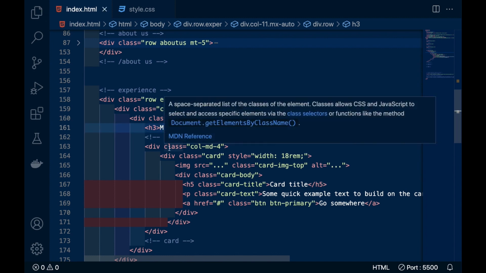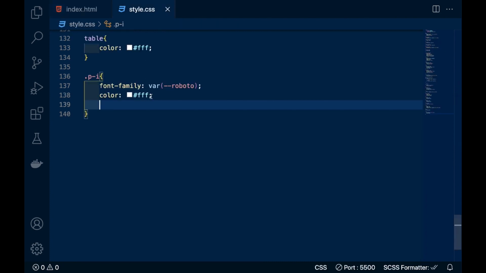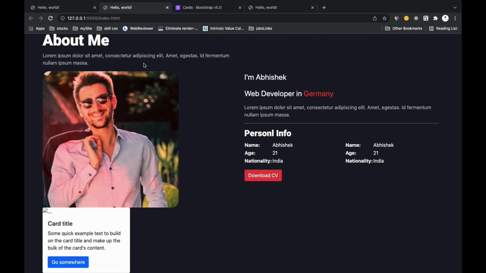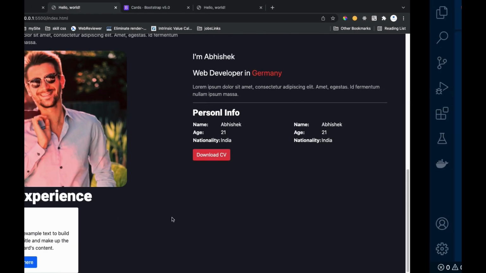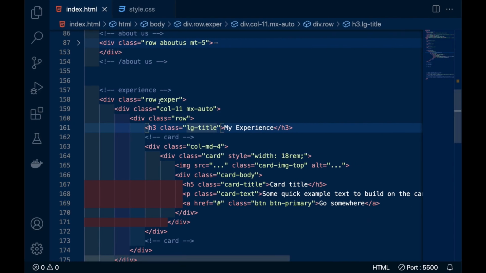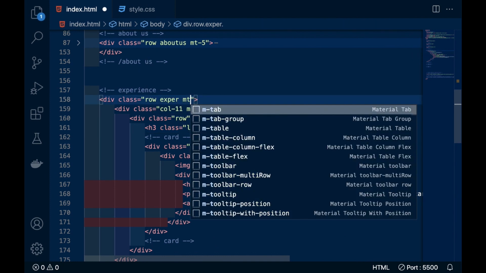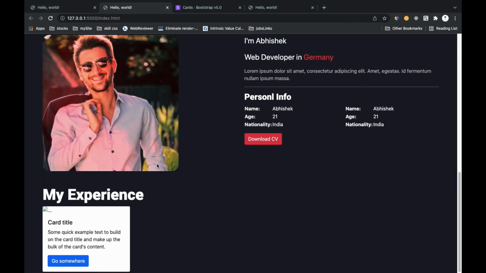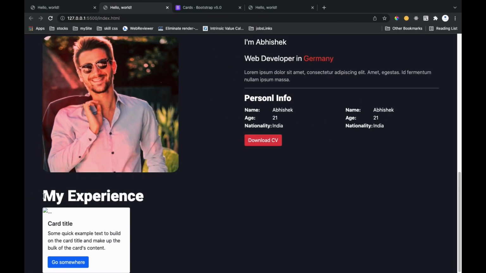So here we have written my experience, and I will use the same class we have defined in about, that is lg-title. By this you can reuse your classes and you don't have to define every time you are designing a similar thing; you don't have to write this separately.